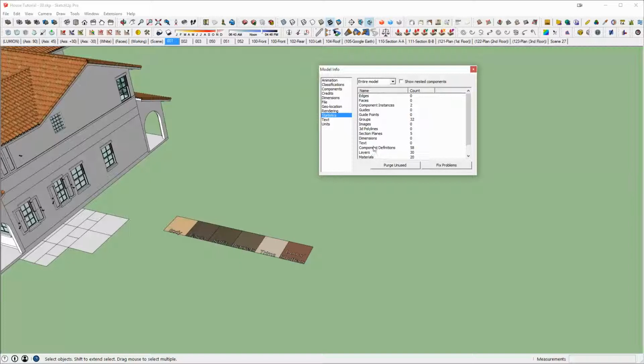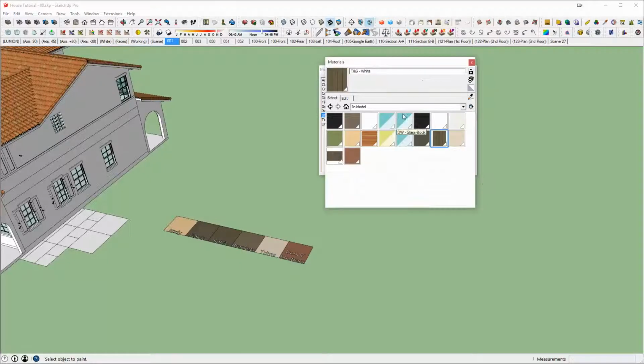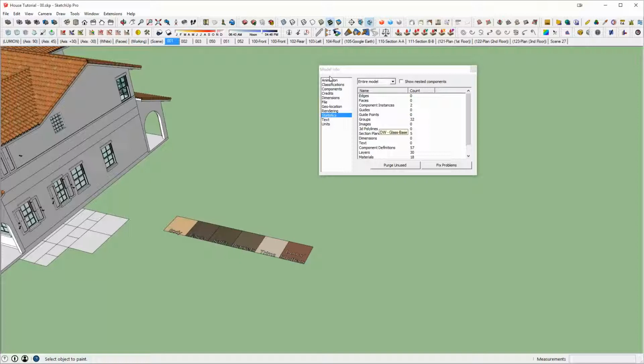So you'll see that the component definitions will drop from 58 to whatever it is by removing any components that we're not using, which we have deleted, as well as the materials that will go away. So if I go purge unused, you'll see we drop from 58 to 57 components, and from 20 to 18, and if I hit B, you see those materials are gone. So this is a great way of just purging stuff out that you don't need,